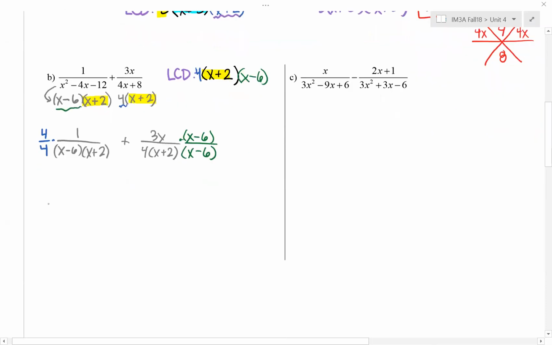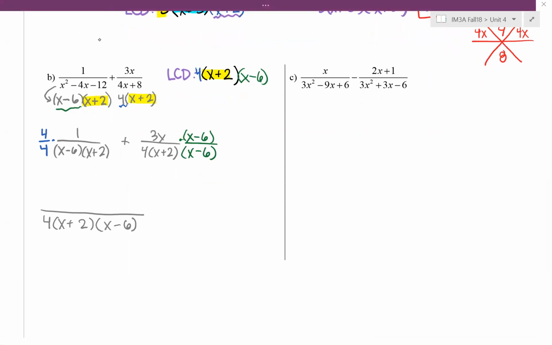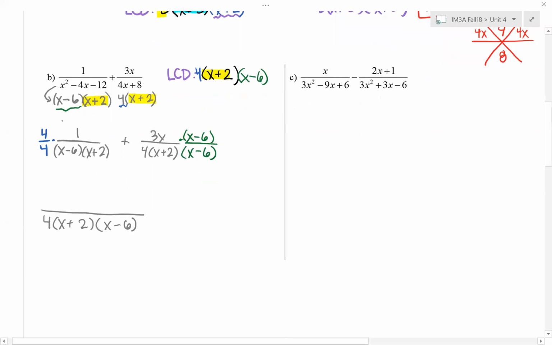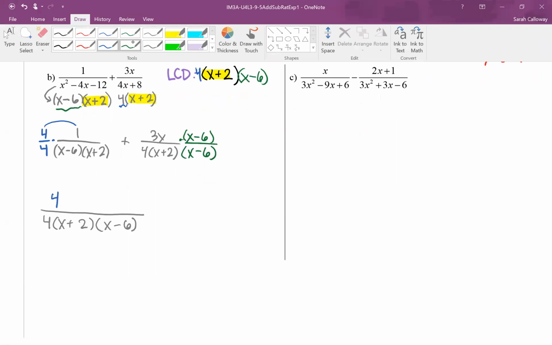So now we can see that they both have the denominator 4x plus 2 times x minus 6, because when we're multiplying, it's okay if they're in different orders. So the LCD is there. So then let's multiply here. So 4 times 1 is 4. And then we have plus